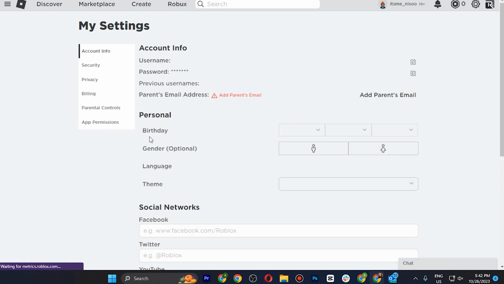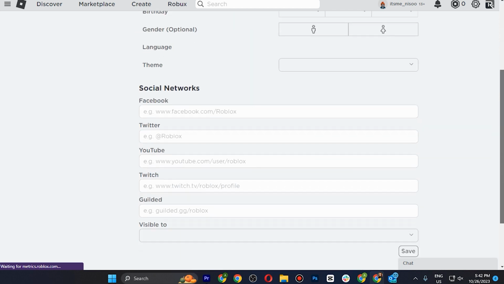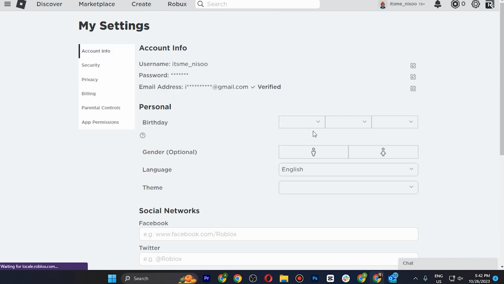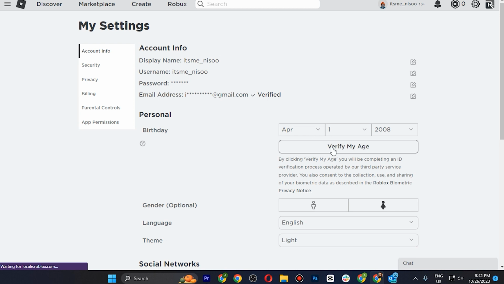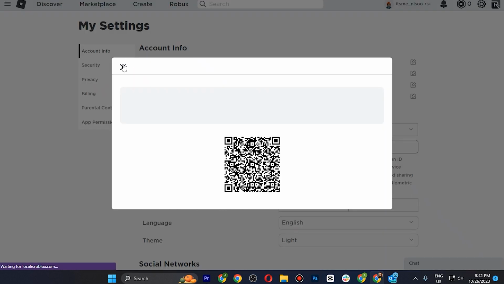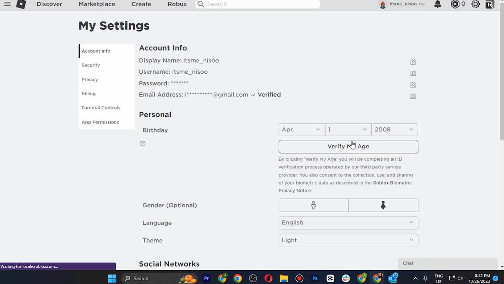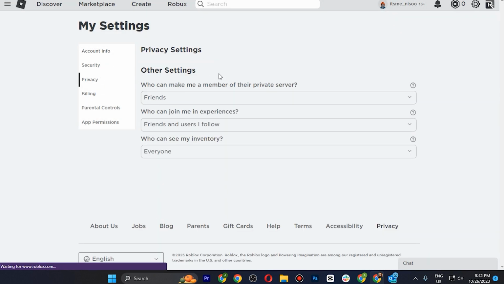Now once you are in, as you can see, here is the option of the birthday. You have to simply select it, and from here you have to add your birthday. And as you can see, here is the option of verify my age. You have to simply click on it, because to enable the mic you have to enable your birthday, and after that here you have to enable this, and after enabling this your age